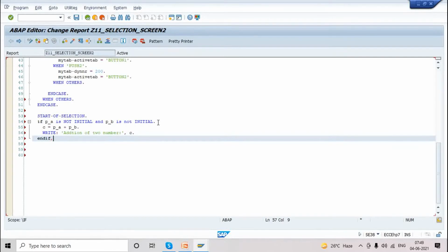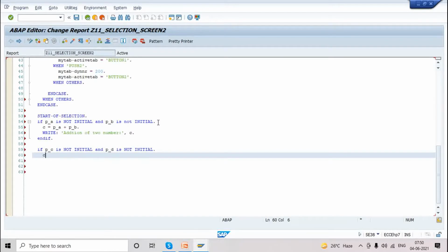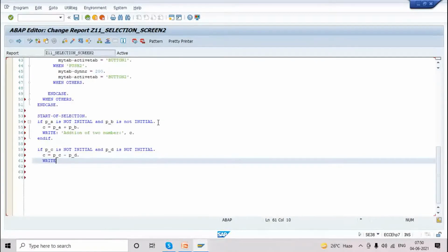And next one, if p_c is not initial and p_d is not initial, use c equal to p_c minus p_d.